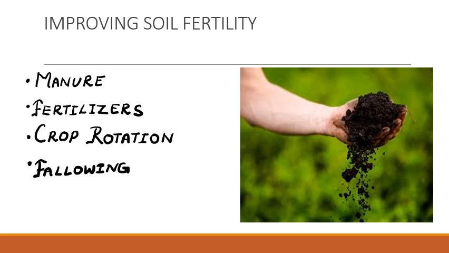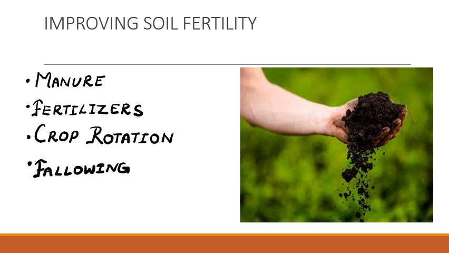The first one among them is adding manure to the soil. Manure is an organic material which is used to increase the fertility of the soil. Manure is less rich in nitrogen, phosphorus, potassium, etc., and that's why it is required to add them in much greater quantities. It is very rich in organic matter, that is humus, and thus it improves the capacity of the soil to